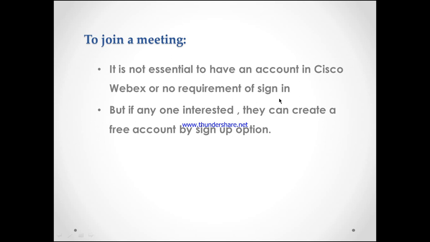That means you need not create an account in Cisco Webex to access or join a meeting. But if you are interested, then you can create an account for free with the help of the sign in option.